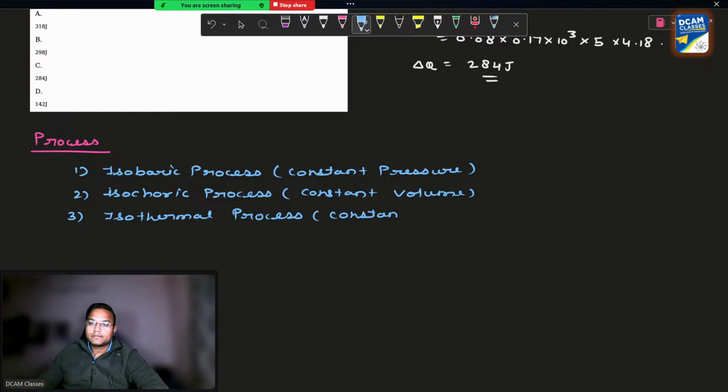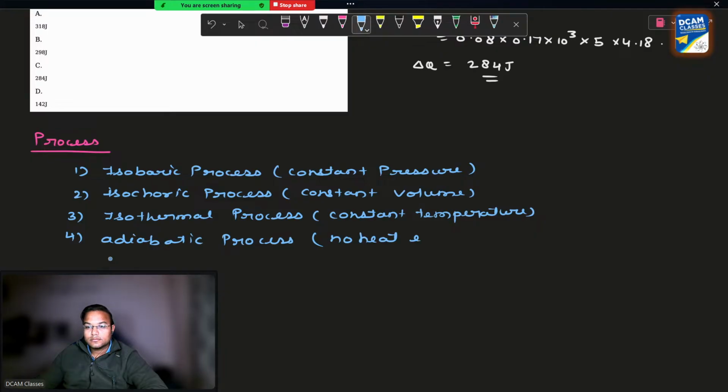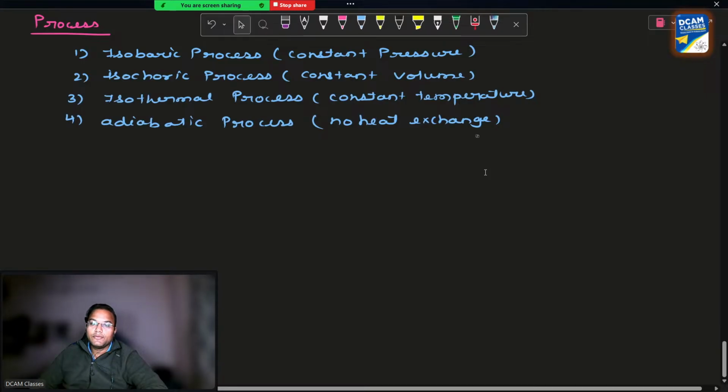Constant temperature. Fourth is what? Adiabatic. No heat exchange. Okay, these are the four processes that we need to study before we can actually jump into solving the difficult